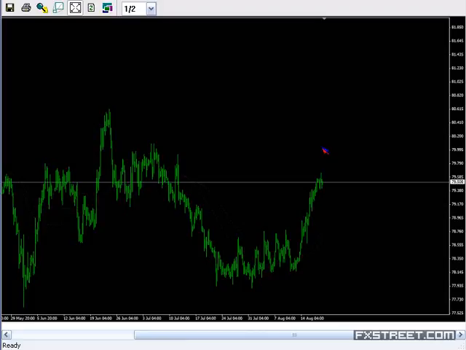So that's the USD JPY. We now have a technical long bias looking to buy on a pullback, as opposed to the selling, which is what our previous